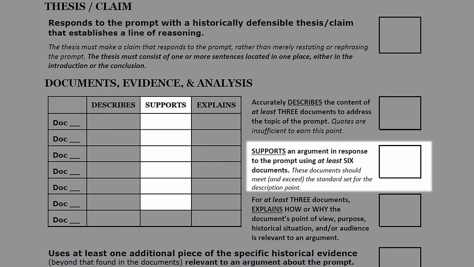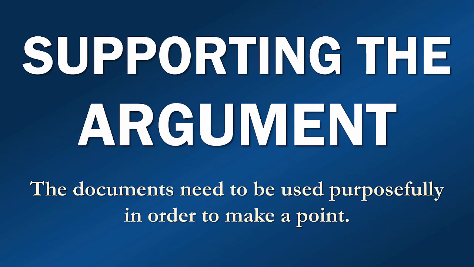The next point is scored by supporting an argument in response to the prompt using at least 6 documents. These documents should meet and exceed the standard set for the description point. So now we are using the document, not just describing it, but using it to support an argument. The documents need to be used purposefully in order to make a point. There is a reason why you're using the document, and it supports either your thesis or even any kind of